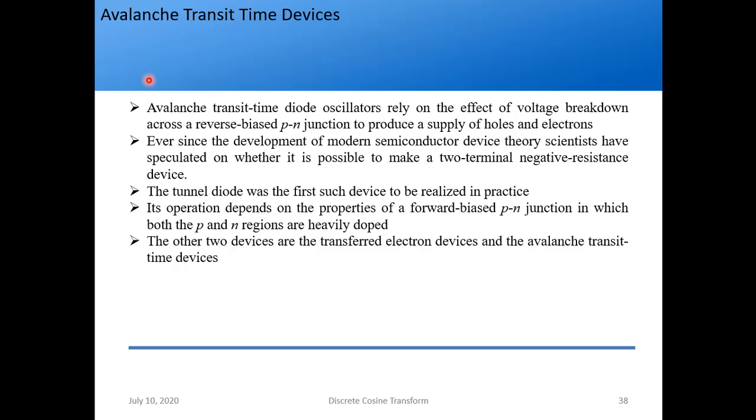If you have a rectangular slow wave structure, since it is rectangular, it has a sharp point at that rectangle corner, right? So what happens when you pass an RF wave through it is that at these sharpest points, the electric field becomes very high. If this electric field becomes very high, above a certain value in the range of megavolts per meter, what happens is the dielectric breaks down.